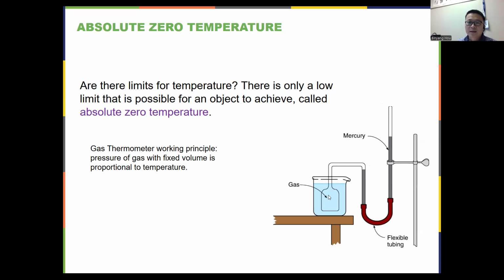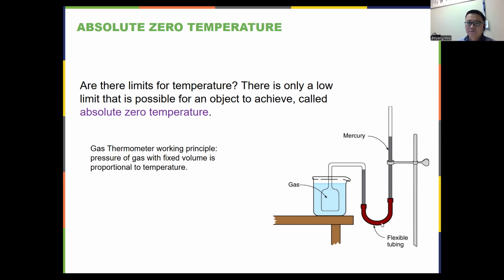Now you can fix the left side and change the temperature of this water bath or whatever kind of liquid you're using here. After equilibrium, the gas temperature will be the same as the liquid bath's temperature, and then you'll see that